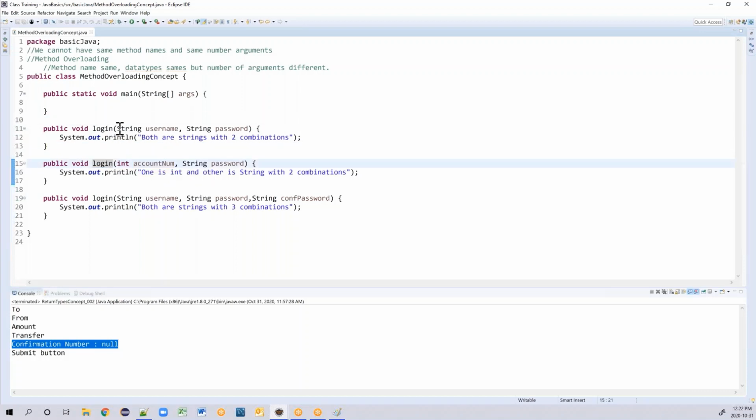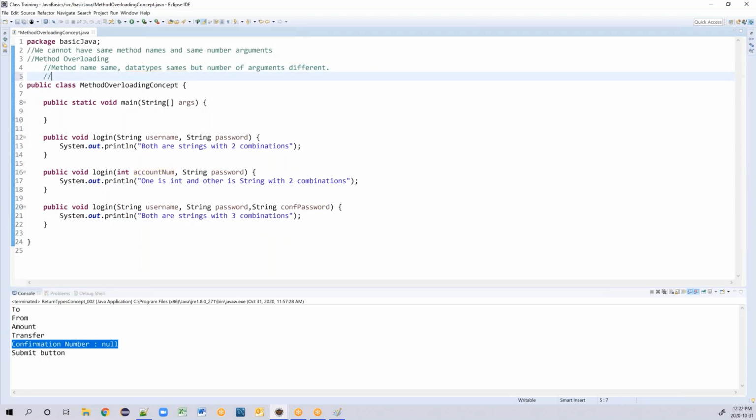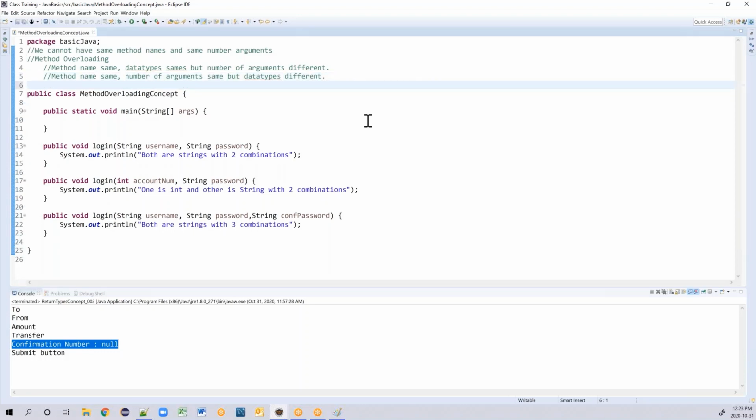That is also called method overloading. Method name same, number of arguments same, but data types different is also called method overloading.